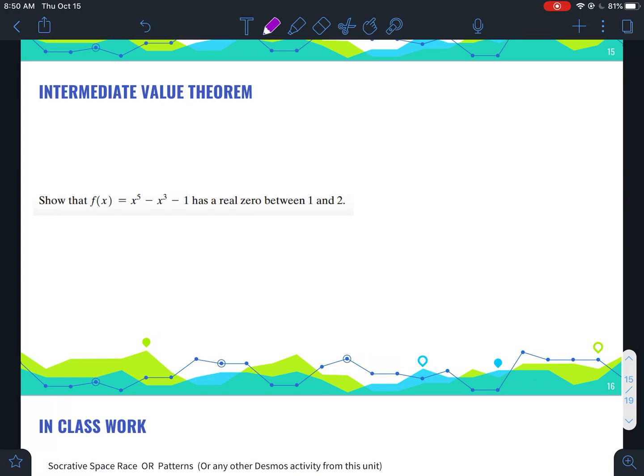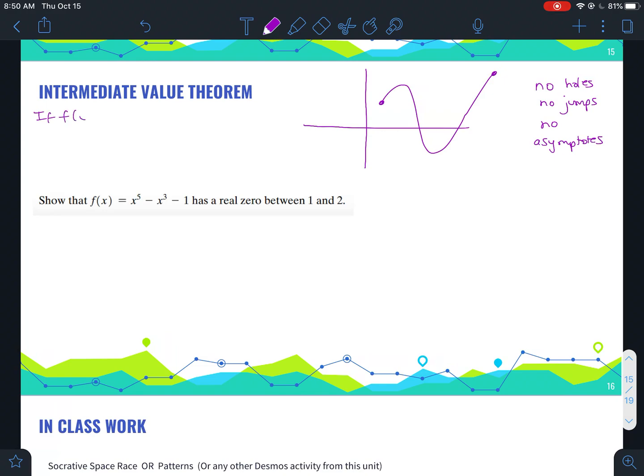So our last thing for today is something called the intermediate value theorem. So the intermediate value theorem says if you have some sort of polynomial function, and you know that it's continuous, meaning that there's no holes, there's no jumps, and there's no asymptotes. So the intermediate value theorem says if f of x is continuous,